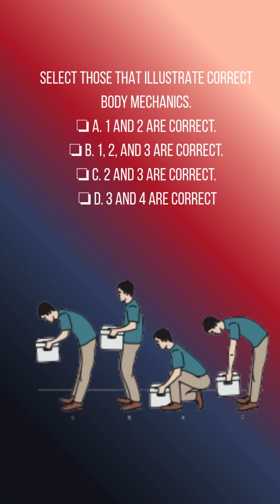In addition, when you are lifting an object, you lift the object closer to the body, not away. Because if you're lifting away, you are exerting so much force. You are using your shoulders, applying so much force, and putting so much strain on your back. That's why, if you see our first question and our first answer, see this picture, you can see that the second one that we said was correct,